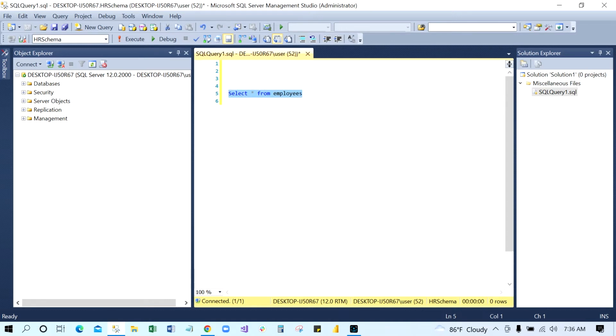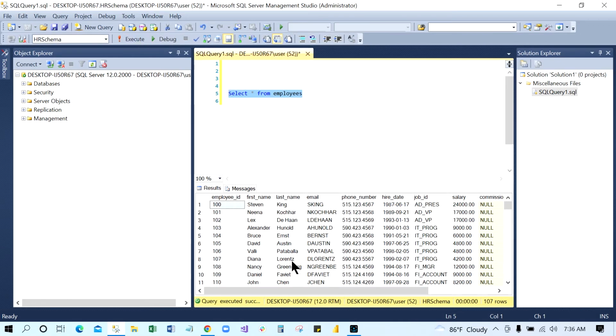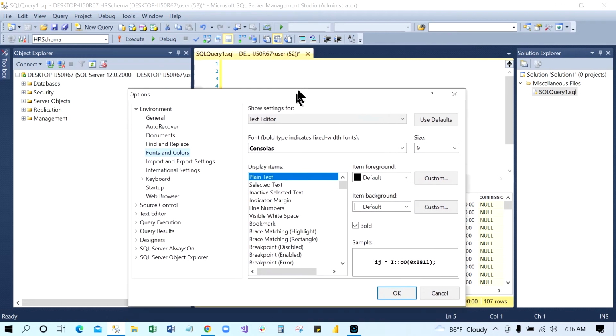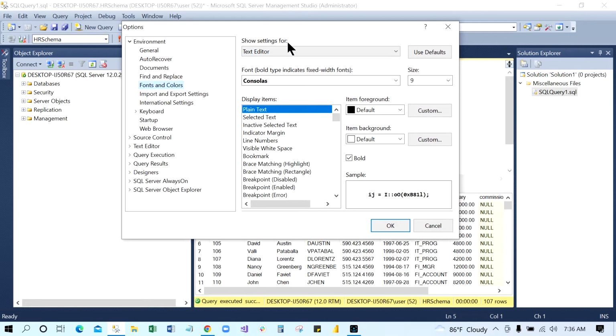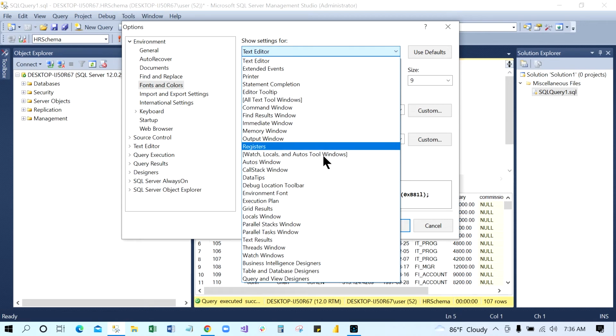How about the results or console? If you just execute here, you can see the results page on the bottom. You can see over here this console. You can also change the size of the font there. How can you do that? You have to go again to Tools, Options, and come to the same Fonts and Colors, same as on this page, and then here in Show settings for, you need to change the setting right here. If you go down,